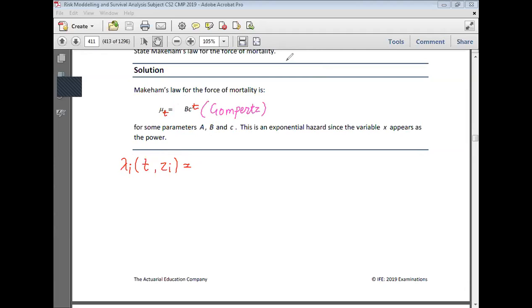So this is the model that we have. And now I'm trying to write this baseline function. I know that my c raised to t is the baseline hazard function, which depends only on t. And then I will have some b. So what I'm going to do is redefine my b here as some function of zi, and that function is beta zi